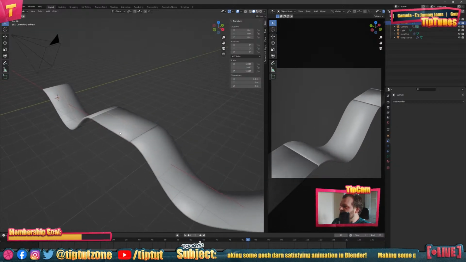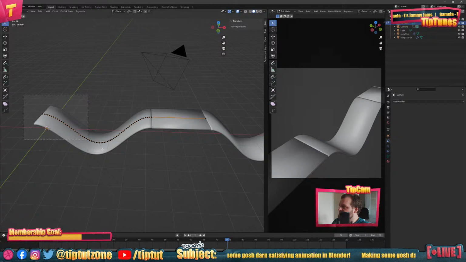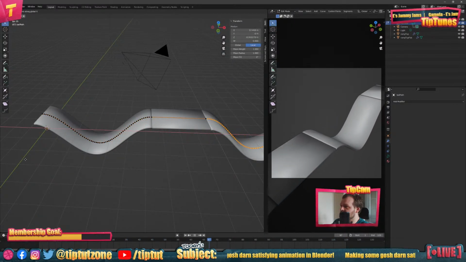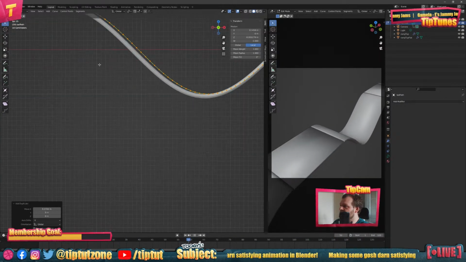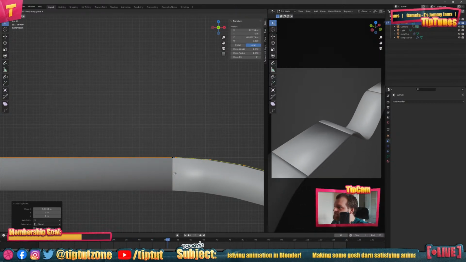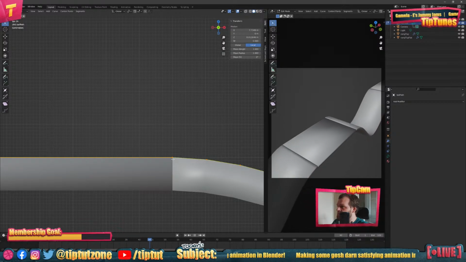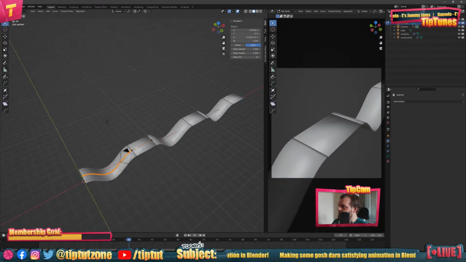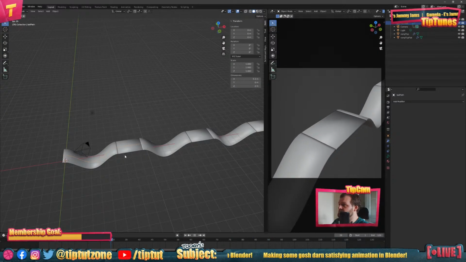Right, so we have this curve now that the ball is going to follow. And we just need to duplicate some of these points. I think like this. Shift D along the X should work. Can you then easily join them up? I don't know. Like if we did that, for example, and then did A, M. Yeah, no, you can't merge by distance. Okay. So is the best thing to do